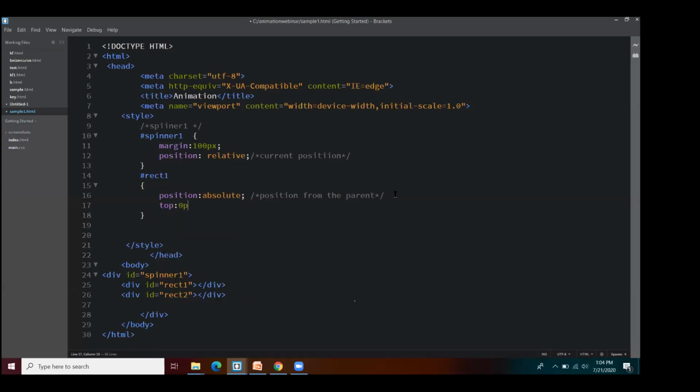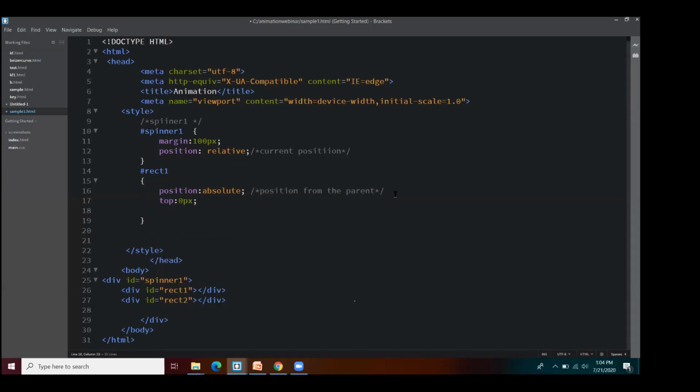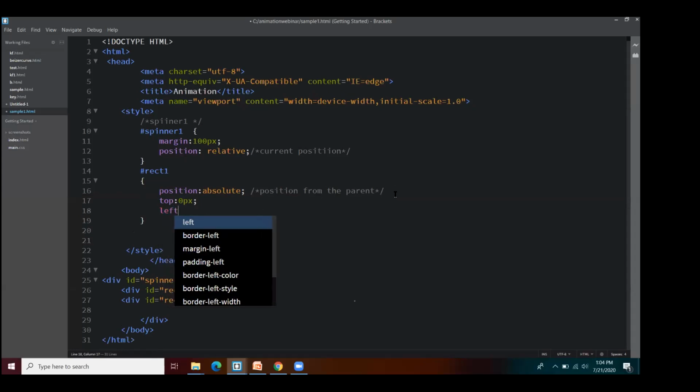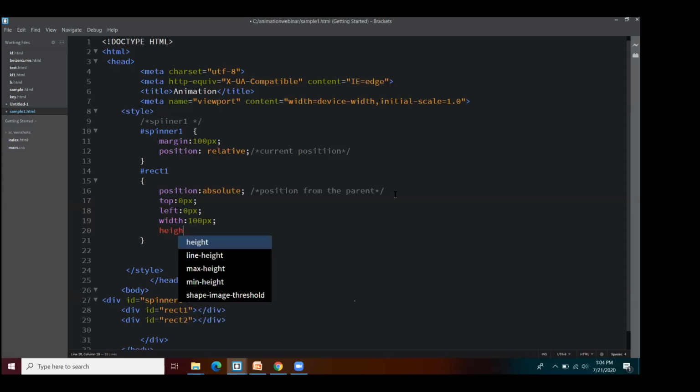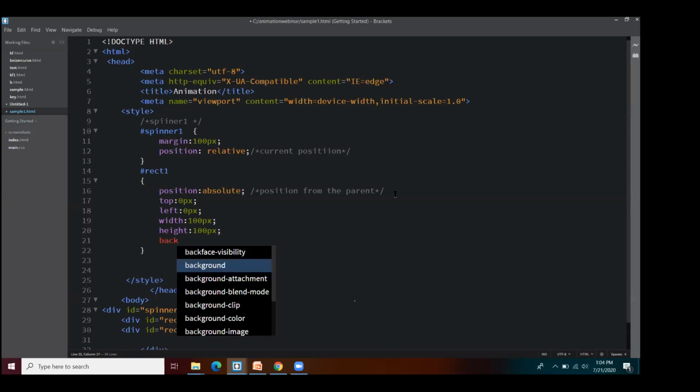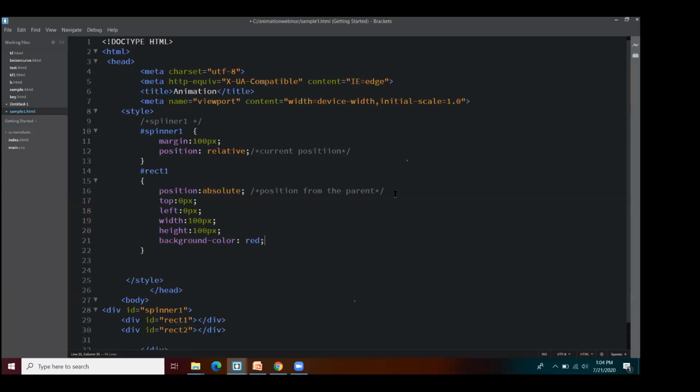I'll decide the margin: top value I need as 0 pixels, and the left value I'll place as 0. Width, I'll take 100 pixels. For a rectangle, we need to always define a height and a width. And of course, you have to give a background color, so I'll just go with red.